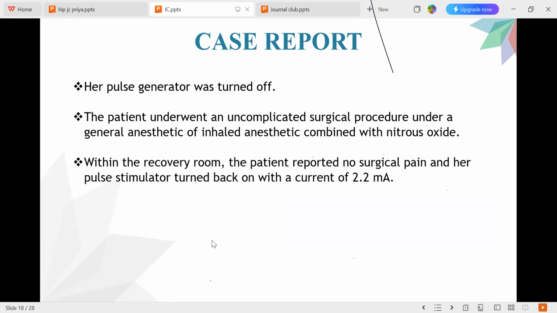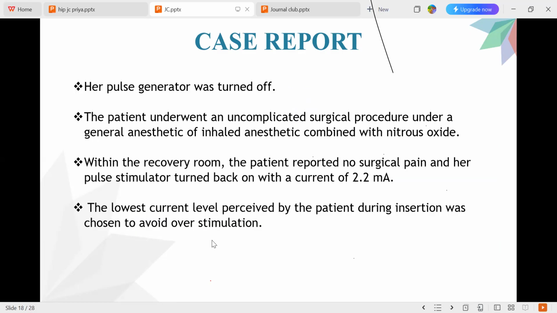Immediately after the surgery, in the recovery room, when asked, the patient reported no surgical pain, and the pulse stimulator was immediately turned back on with a current of 2.2 milliamperes, which was initially perceived by the patient as a pleasant sensation. So the lowest current level perceived by the patient during the insertion is always chosen to avoid overstimulation. This is because when the local anesthetic effect is still in place, the patient may not feel when higher levels of current